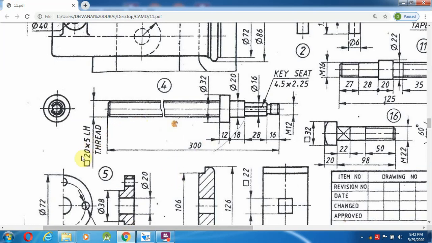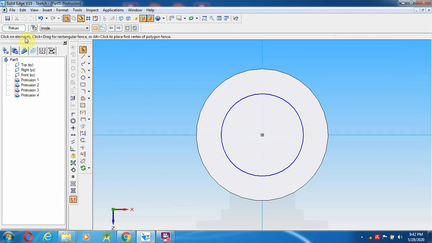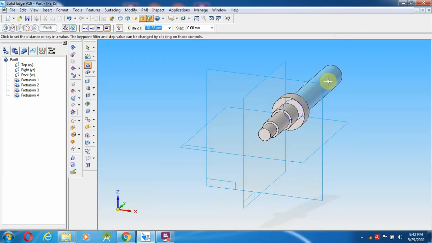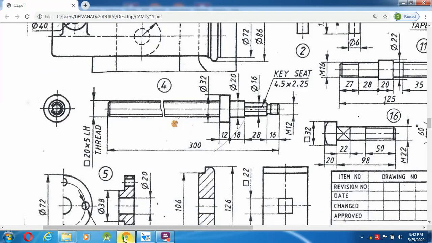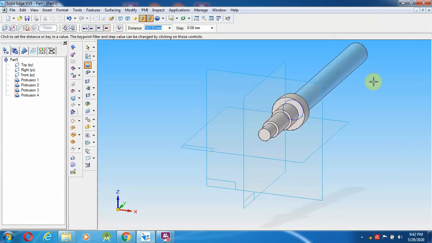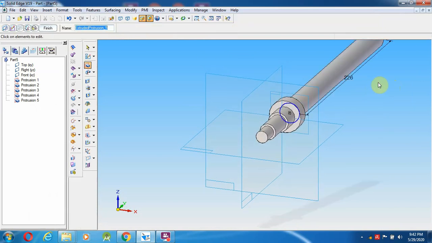Diameter is 20 mm diameter. After this, we are going to give return like 300 minus 74, so you can get 226. That gives the left fit, 226 mm length.